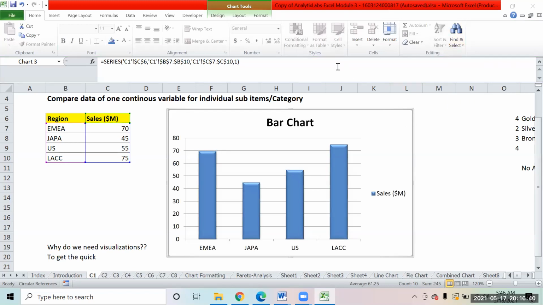Let me do one thing. Let me put this file on the Google Classroom, so that you don't all have to prepare this data. Just give me a second. I'm just putting that over there.